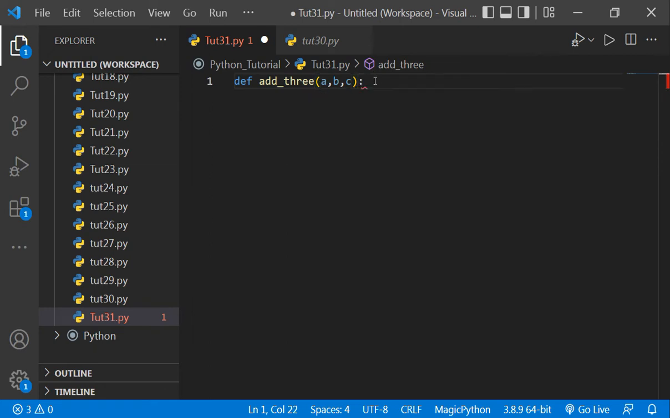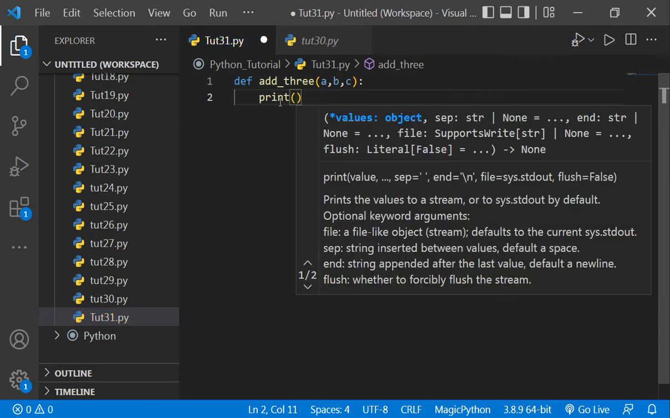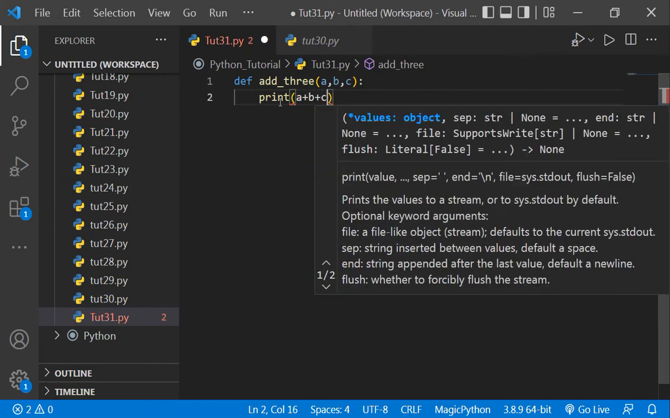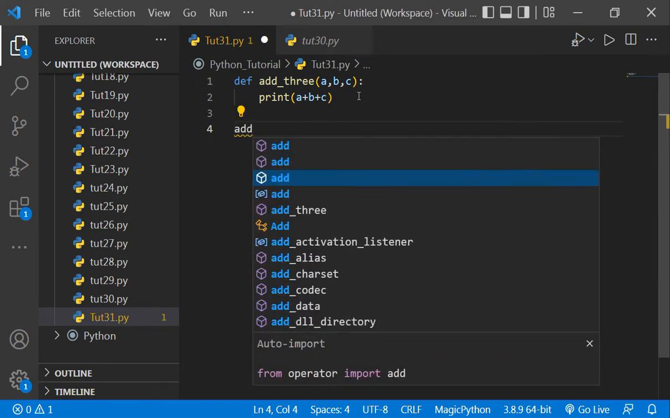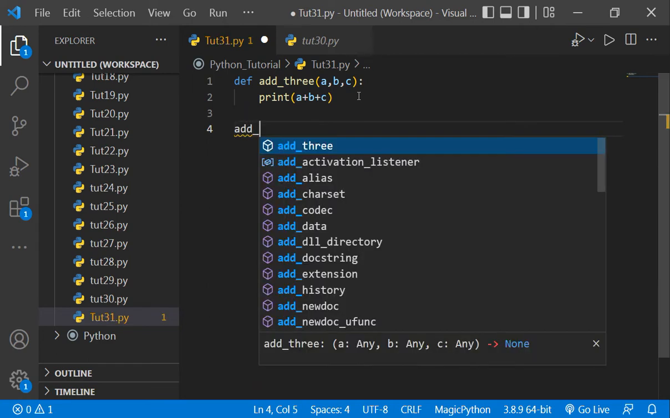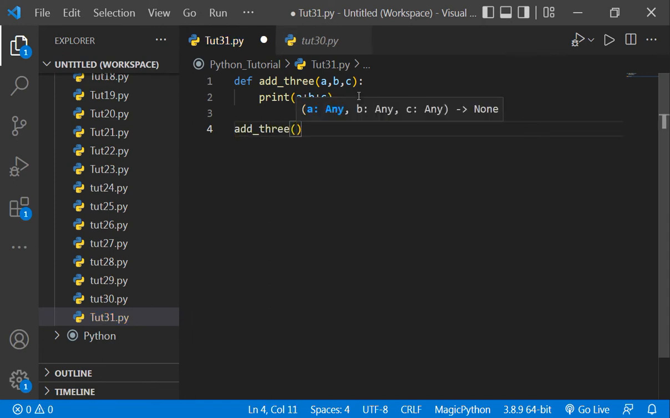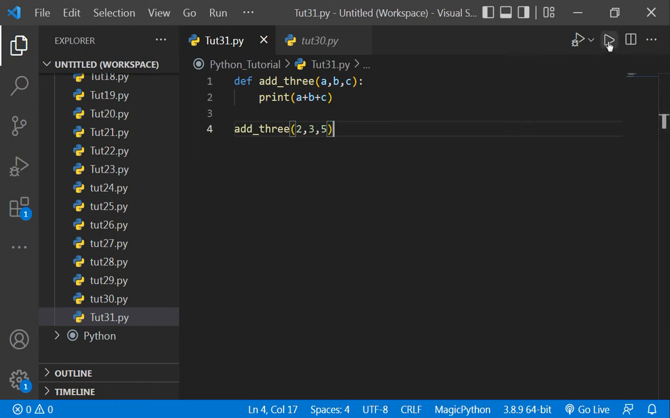Okay. Here we will put a colon. And now here we will write print A plus B plus C. Now here we will call the function add3. Here we will pass three arguments. Suppose 2, 3 and 5. Okay. So if we will run it,